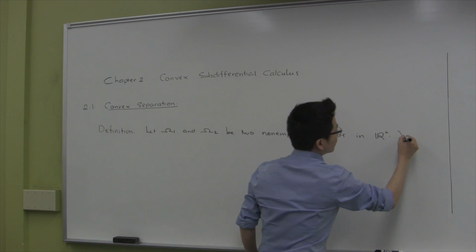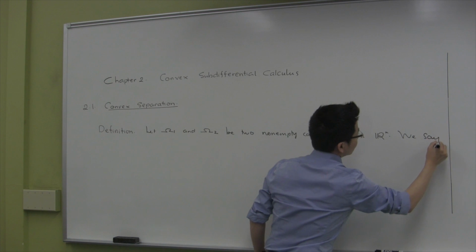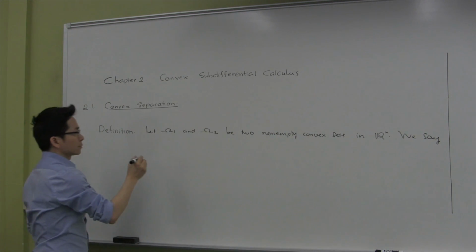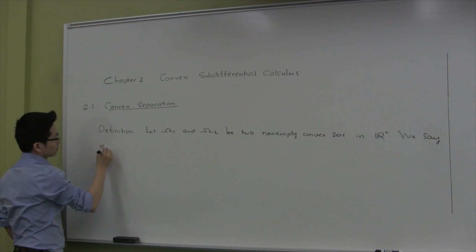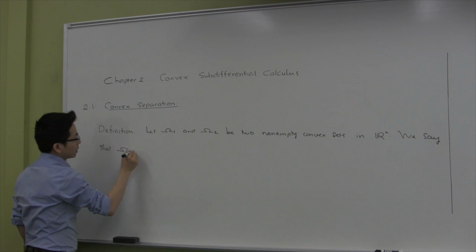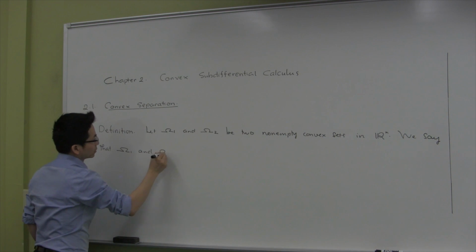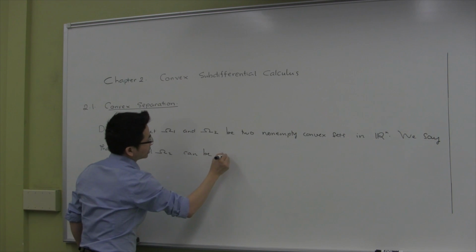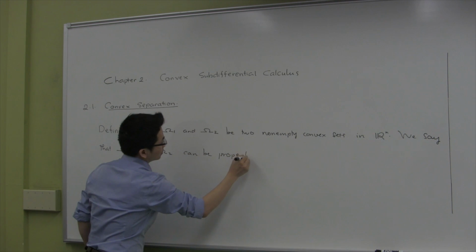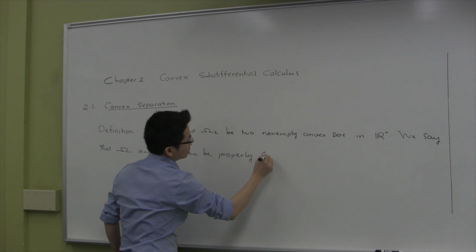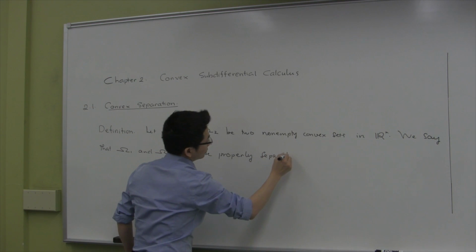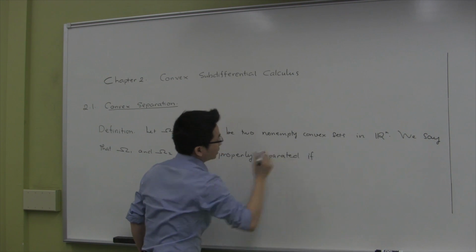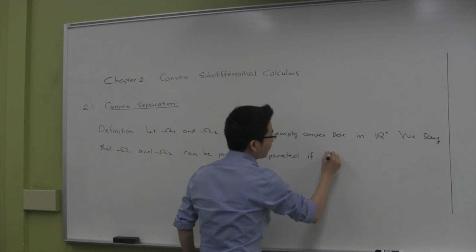We say that omega 1 and omega 2 can be properly separated if there exists a non-zero vector V